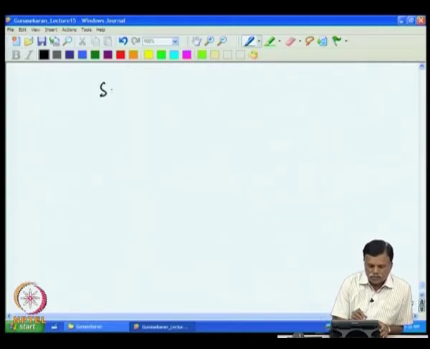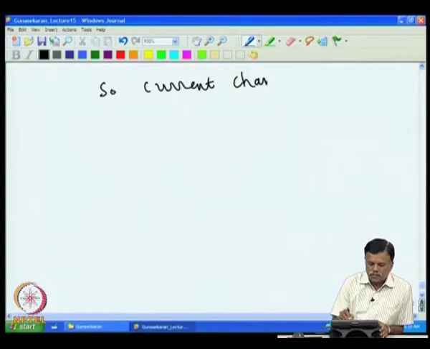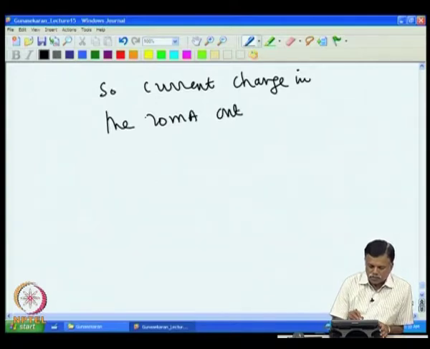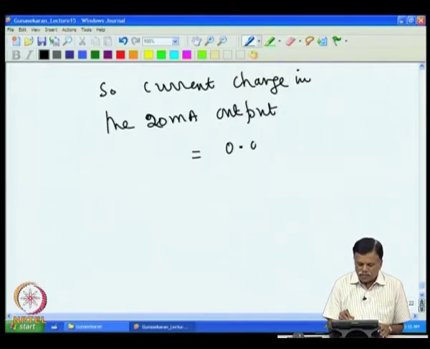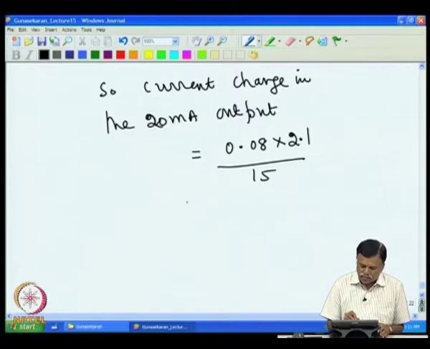So, the current change in the 20 milliampere output will be, because we got 0.08 milliampere for 15 millivolt. So, we can also find for 2.1 millivolt, that is the expected change. So, you get